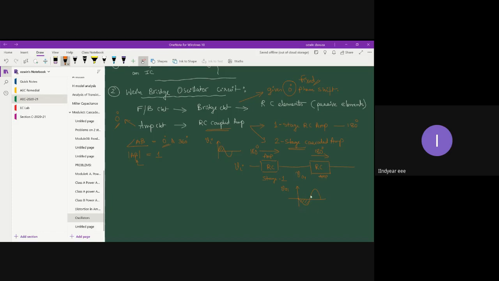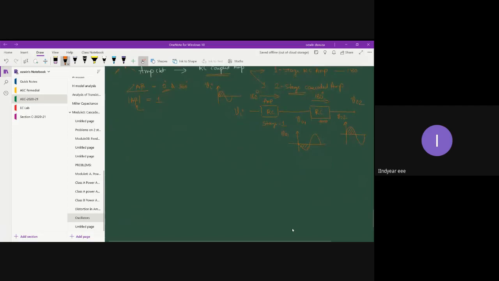Now what are you doing? You are feeding a negative going signal to the input terminal of the second stage RC coupled amplifier. And upon receiving this signal, the second stage RC coupled amplifier gives you a different output, V02, and V02 will be a phase corrected one. So in case of Wein bridge oscillator, what we do is we go for a 2-stage RC coupled amplifier. The drawback is that the circuit is going to be big, but still,